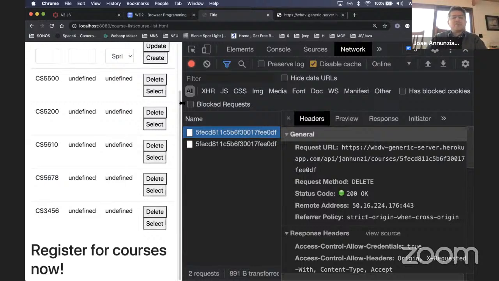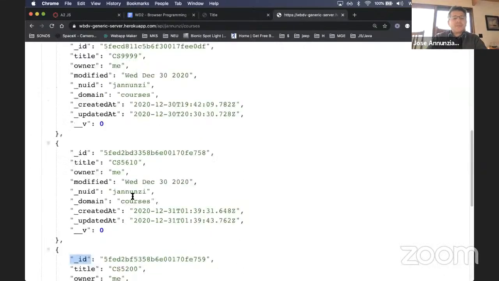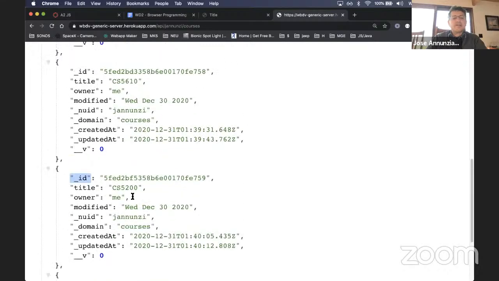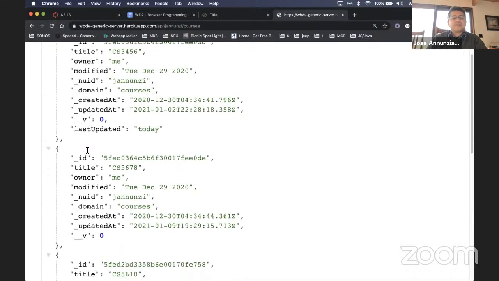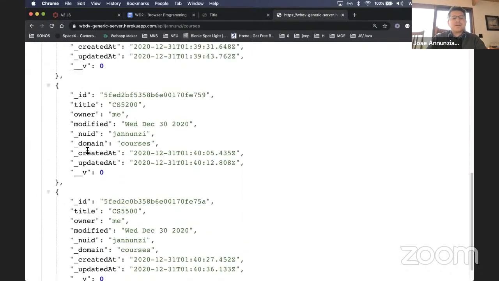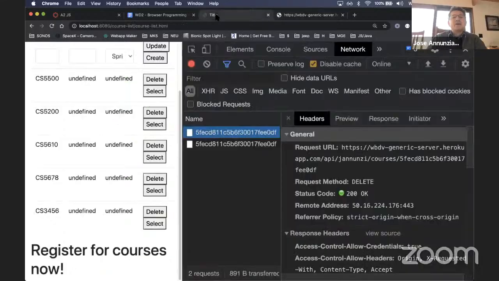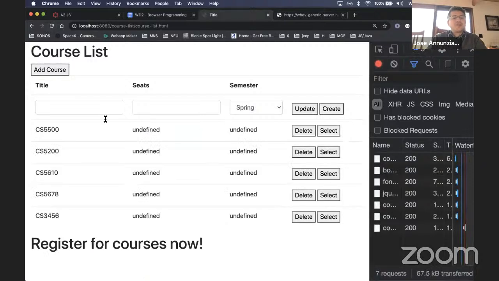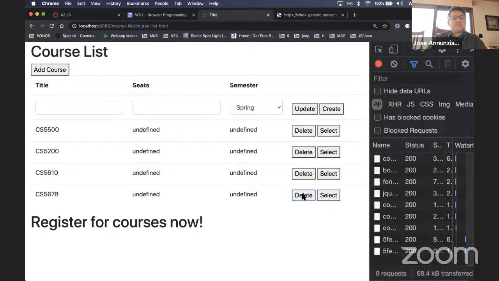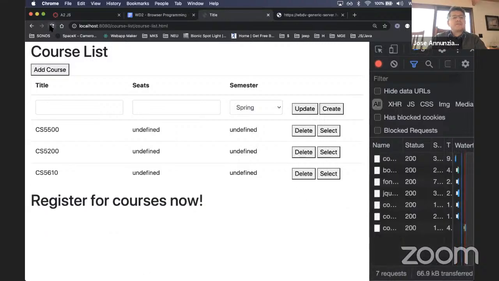Okay, all right, notice that we removed it remotely and locally. Here's our old list of courses, and there's the one we removed. Let's refresh and see if it's still there. Okay, it looks like it's not there. So we have successfully removed it, and from our user interface, it's gone. Notice if I refresh, it's no longer there. Let's remove a couple more. Let's delete that one, and that one. Let's refresh. Notice that it has been permanently removed from the remote server and it's reflected in our local user